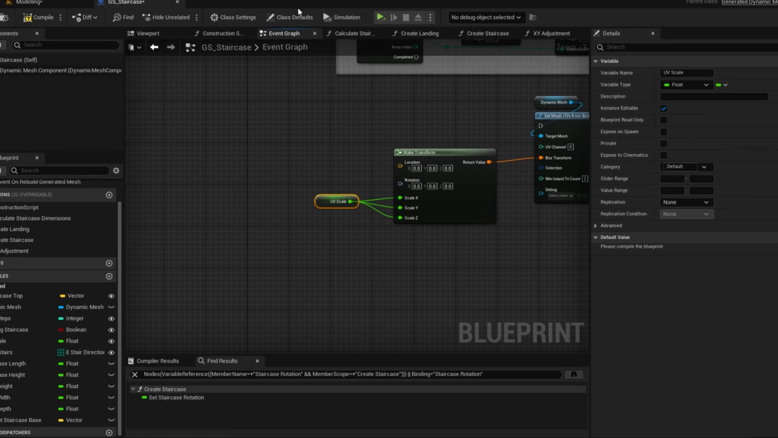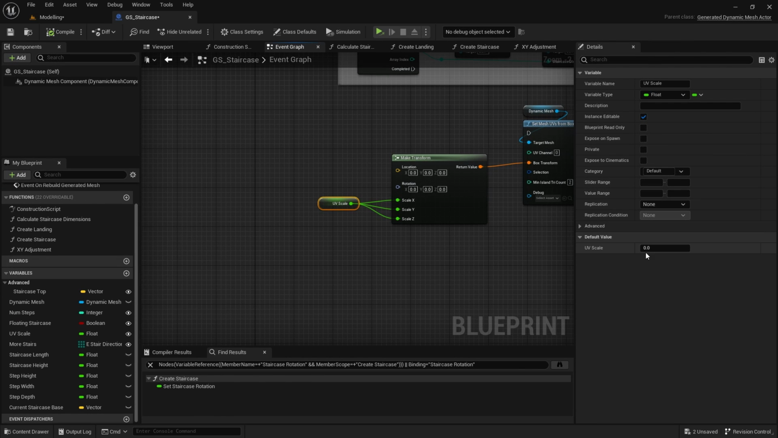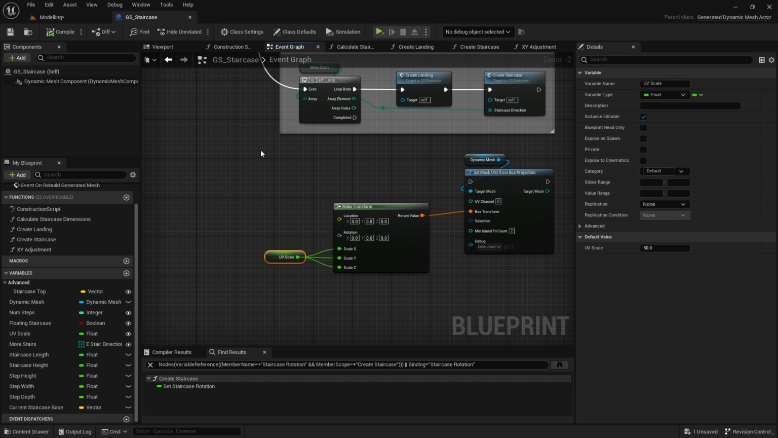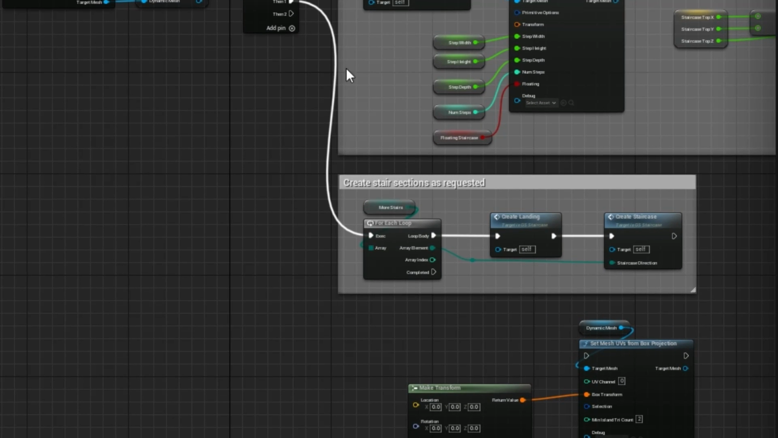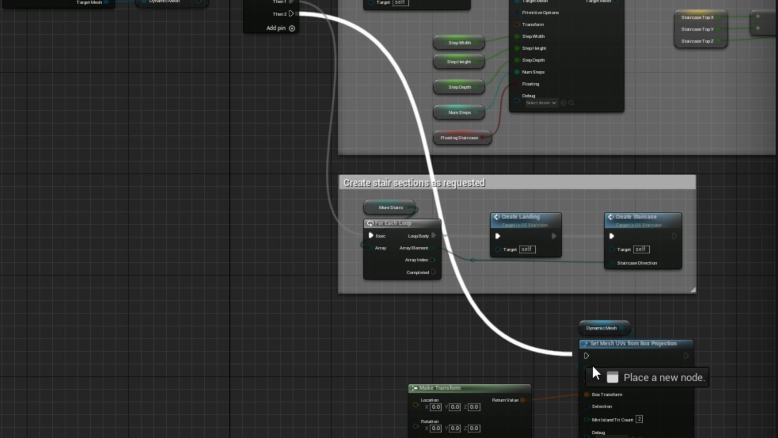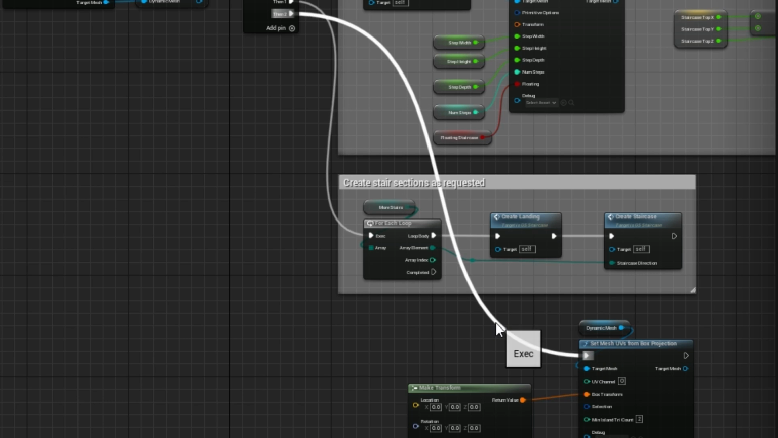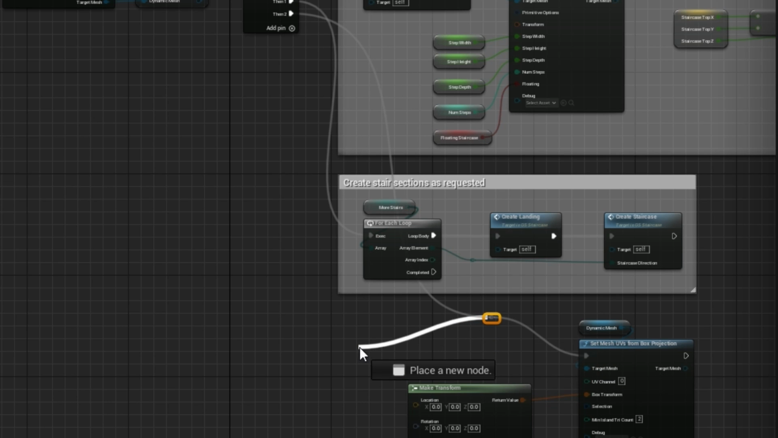And let's compile this and just set a default value. The UV scale, let's just set it to 50. It's all going to depend on the material you put on it, so it will undoubtedly change anyway. So let's compile that. Now we need to just connect that. So go to the pin that you just created up here, connect it to the UV box projection,